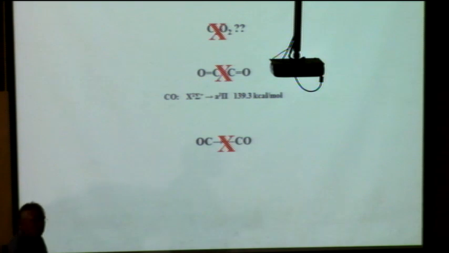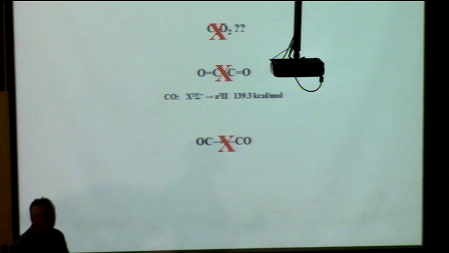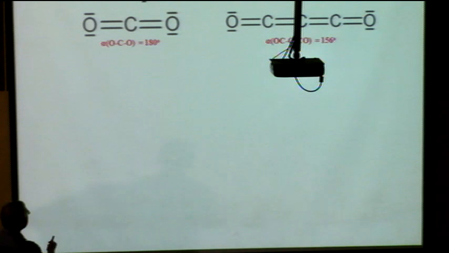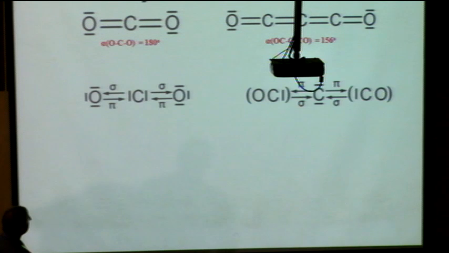And now we go to this one. Now we go to CO2 and to C3O2, and we compare this with this. This is linear and this is bent. Let's first write it in the classical way with classical Lewis structures, and now let's try to write the two with donor acceptor bonds. That is possible because carbon has 4 electrons, 2 electron pairs, and they can donate into the vacancy of the oxygen.